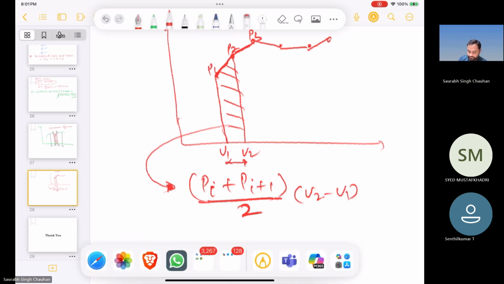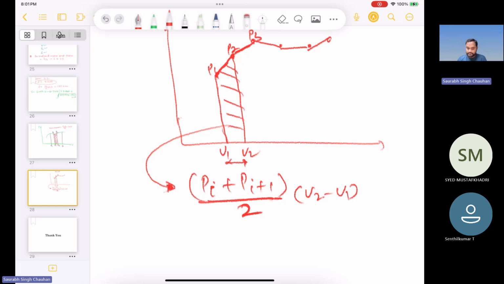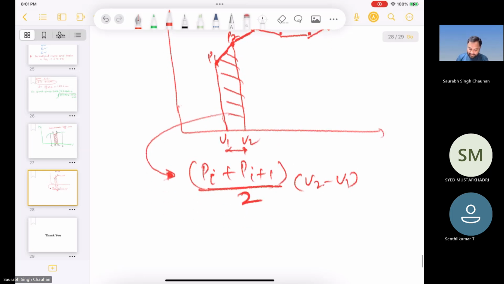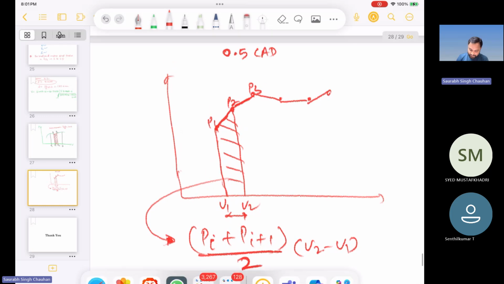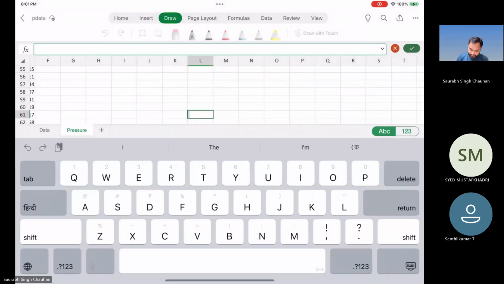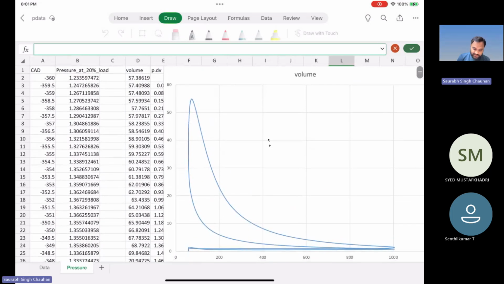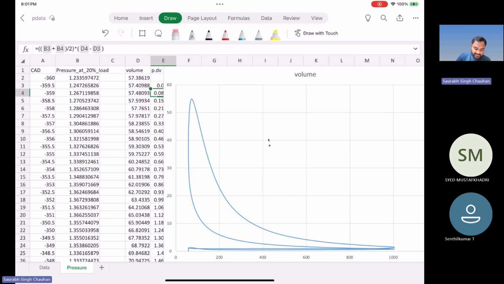Okay, so a similar rule you can apply here. The same rule you can apply here, then you will get the area under small strips. Okay, so you can see we are getting PdV. So how is this PdV defined, you can see,